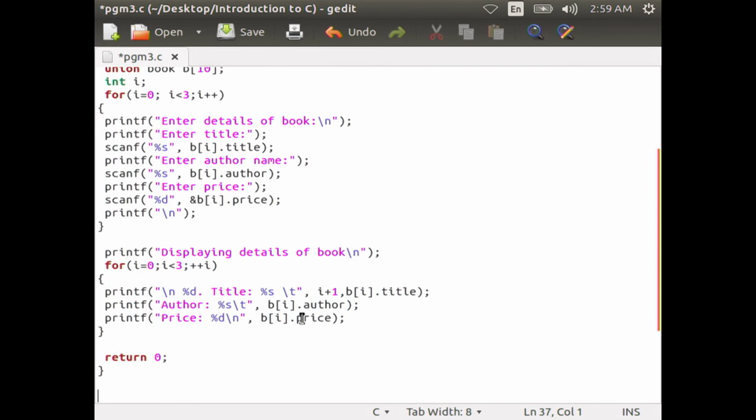This program is the same as the previous program using union instead of structure. The main difference between structure and union is that within a structure all members get memory allocated. That is, the total size of a structure is the sum of the size of all the members, but for a union the compiler allocates memory for its largest sized member.